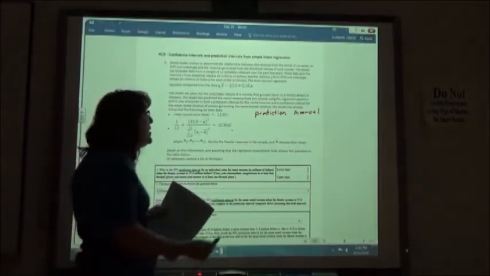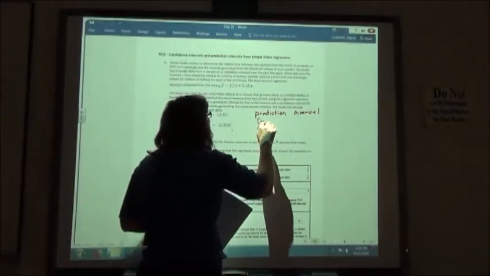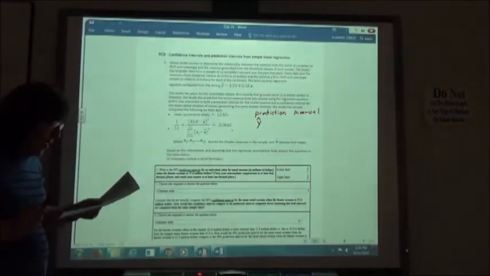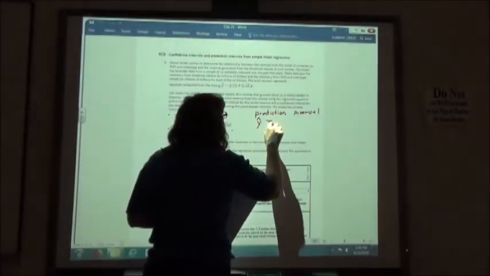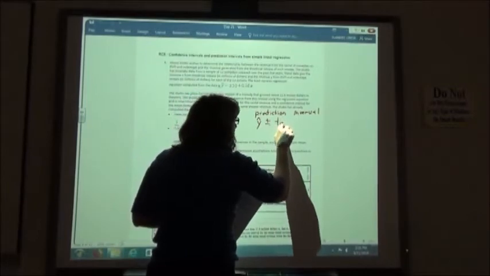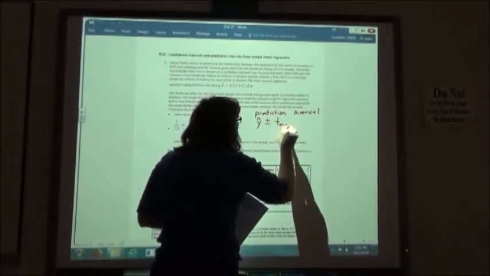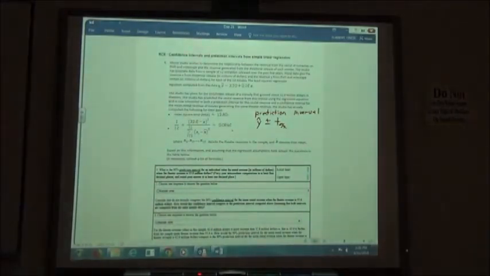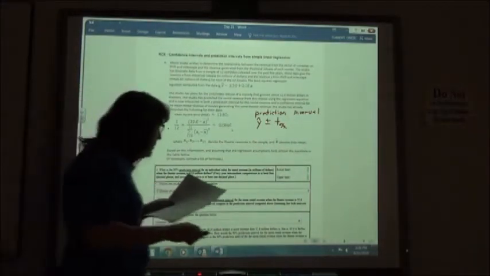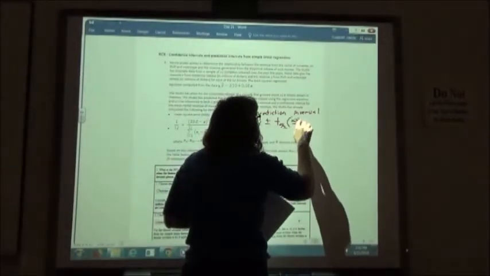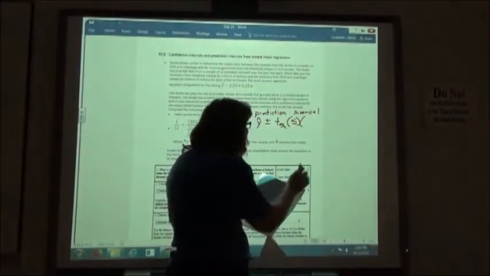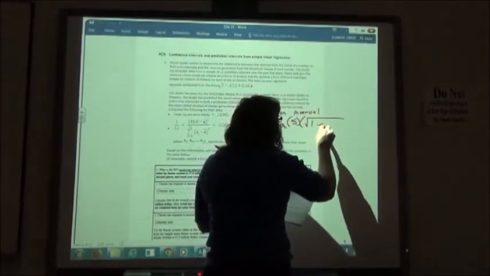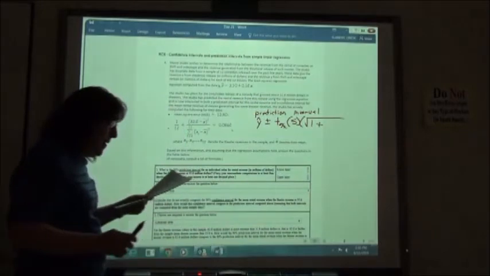my equation there is that I'm going to take y hat, which is my value here when I use my equation that's given in my problem, plus or minus t, we're using the t sub alpha divided by 2, and that's just found the same way we did before. We'll talk about that in a minute, times the s value times the square root of 1 plus, and then